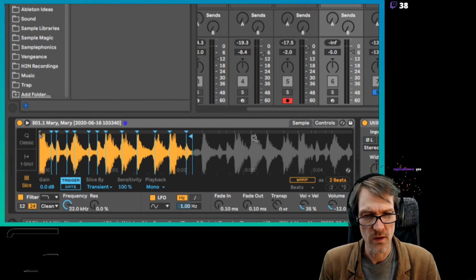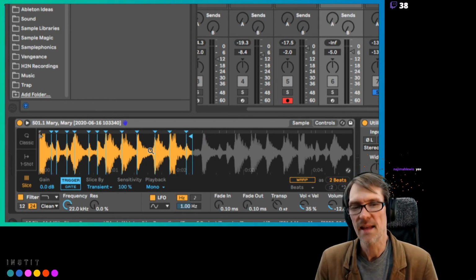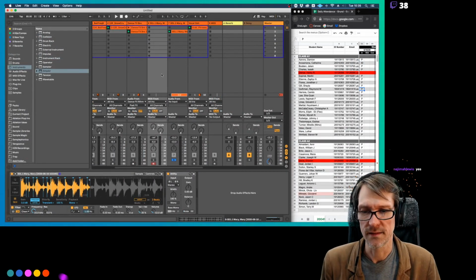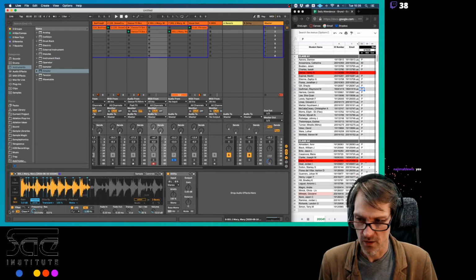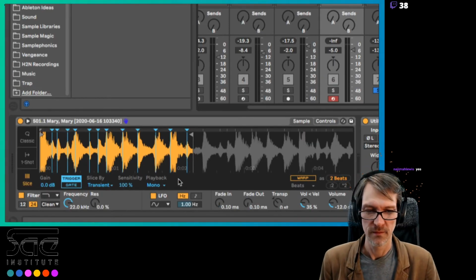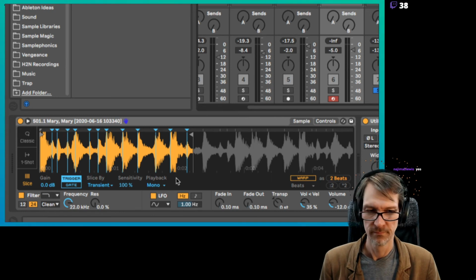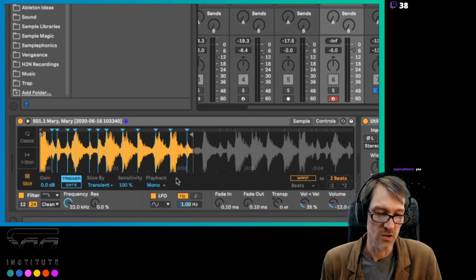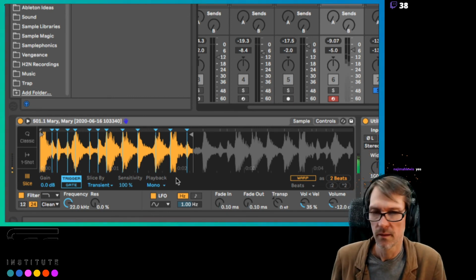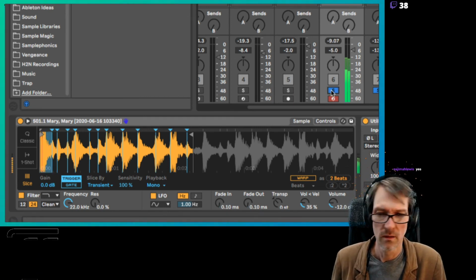So if all I want to do is get rid of this last part of the sample here, that's not a big deal. We can do that all day and all night, and that's not going to take up extra memory or extra processor on our computer, because this sample is probably a couple of 100K, it's not even a megabyte. So now I've got this sample here, and if I solo it out,